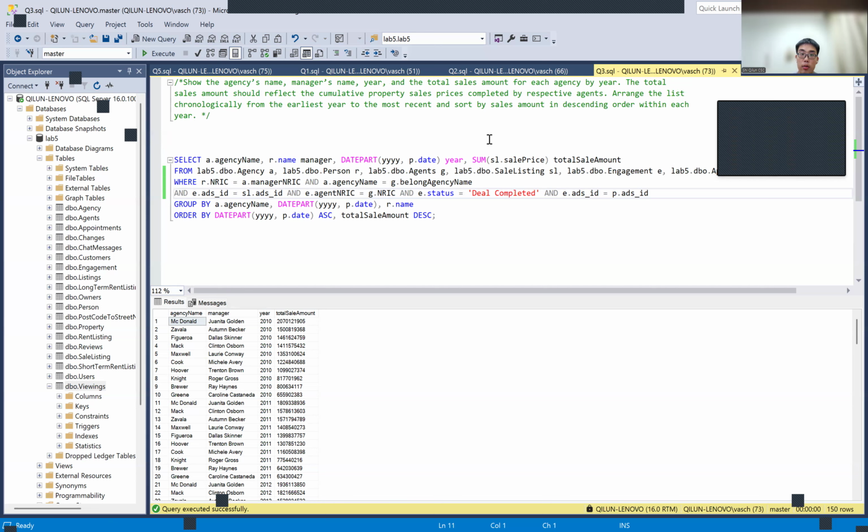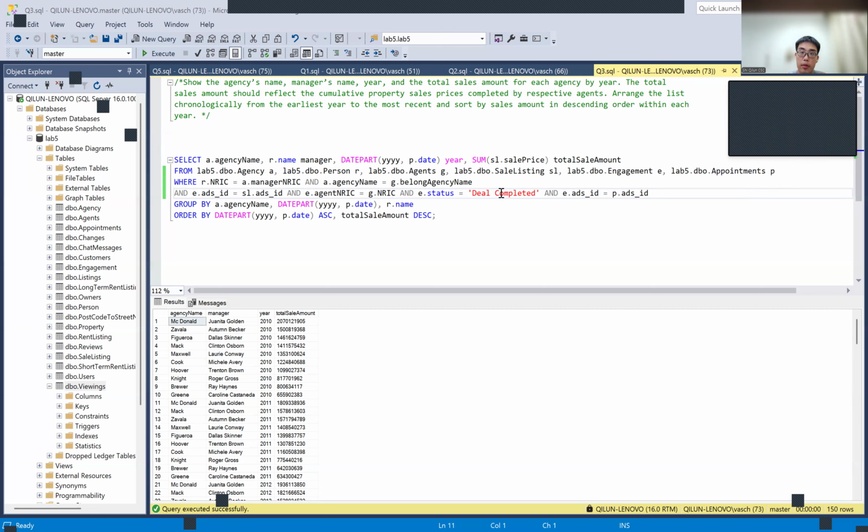And then to calculate the sales amount, we do a sum of the sales price that they completed. And then we equate the engagement with the property ID to ensure that this property has been engaged by both the agent and some of his or her customers.